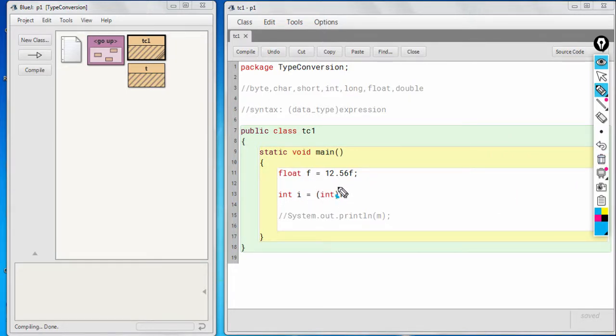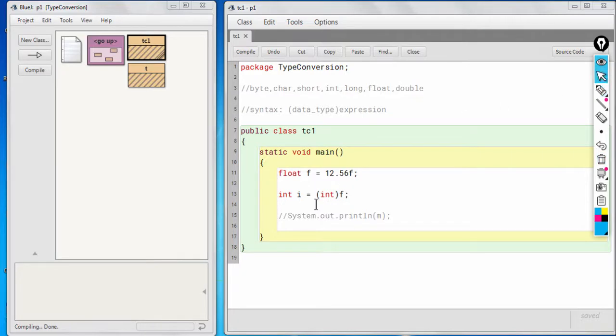There is no assignment being done here to f. The assignment is being done to I, not f. So when we change the value of f into an integer, it will not affect the original value of f, which will remain 12.56. But here in this case 12.56 will be converted into 12, and this shows us that there is data loss.